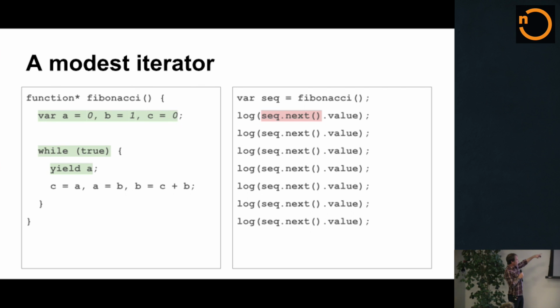We're evaluating into this while loop. We hit this yield keyword. We evaluate the expression found on the right side of the yield keyword, and then we suspend the generator function. So we do not move down to the next line, which does this assignment, C equals A, A equals B, B equals C plus B, and all that other good stuff. We suspend, giving control back to the caller. And what we yield, this expression on the right side of yield, will be made available as a property of the object that we return.